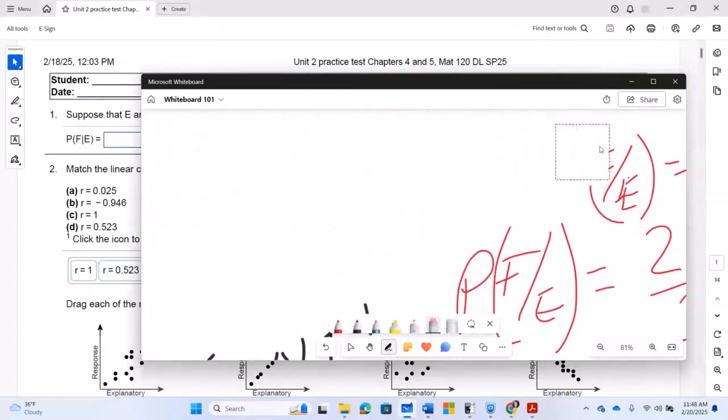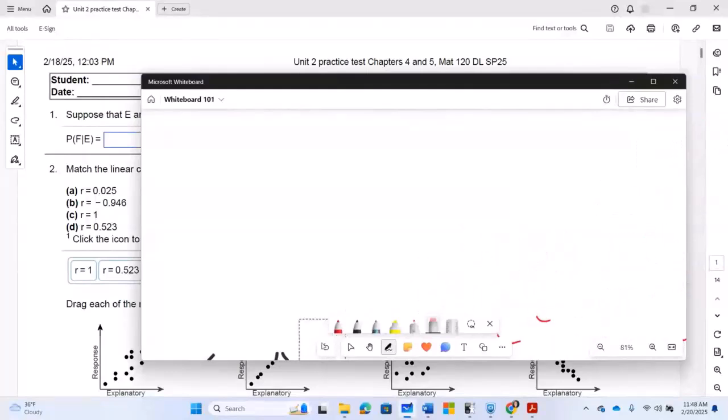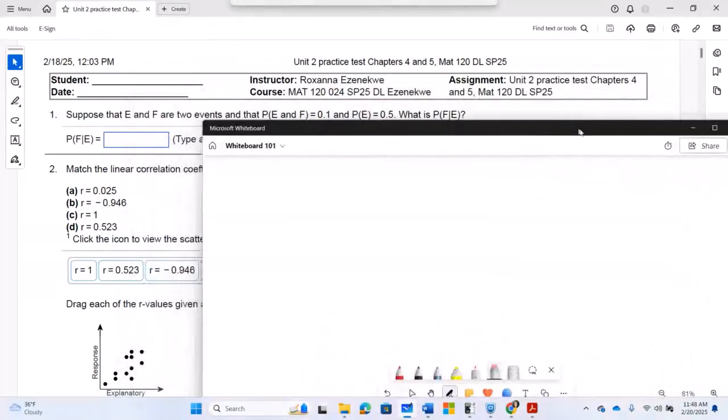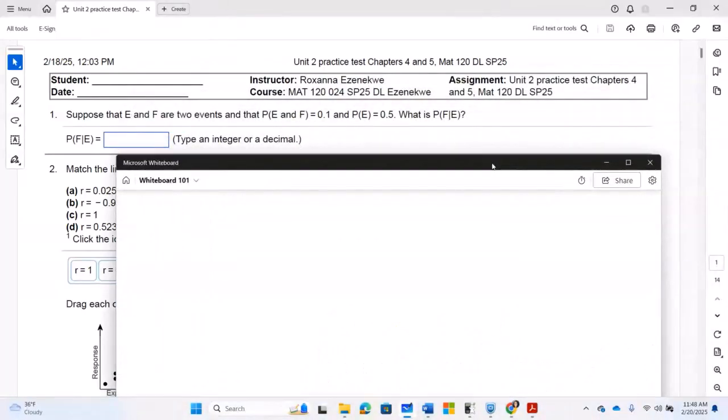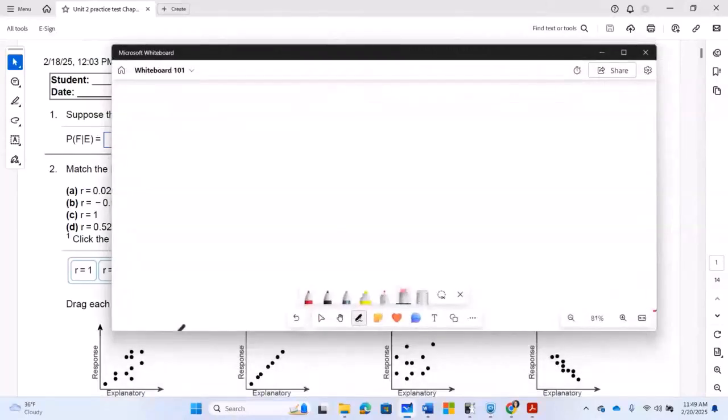All right, so question number one. Is it a probability question? Let me check. Is question number one a probability question? Yes. Okay, since it's a probability question, that's what we are doing. It says, suppose that E and F are two events. So there is not a single event. And we are given that the probability of E and F,